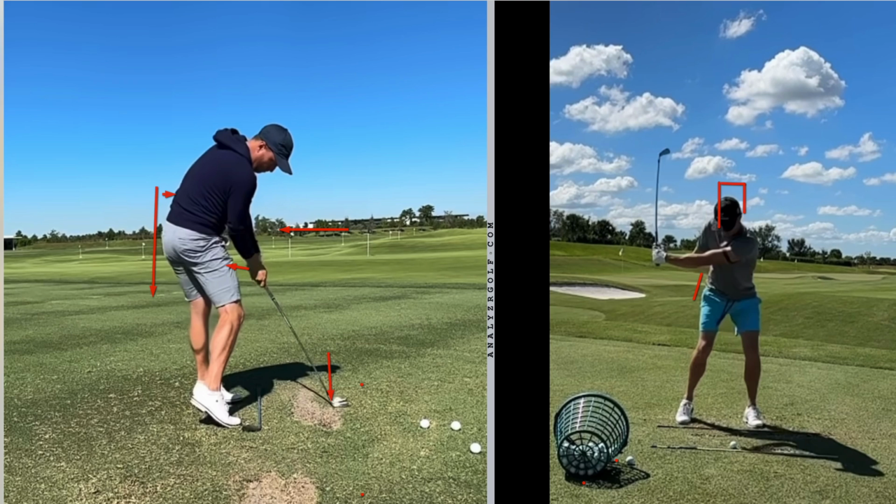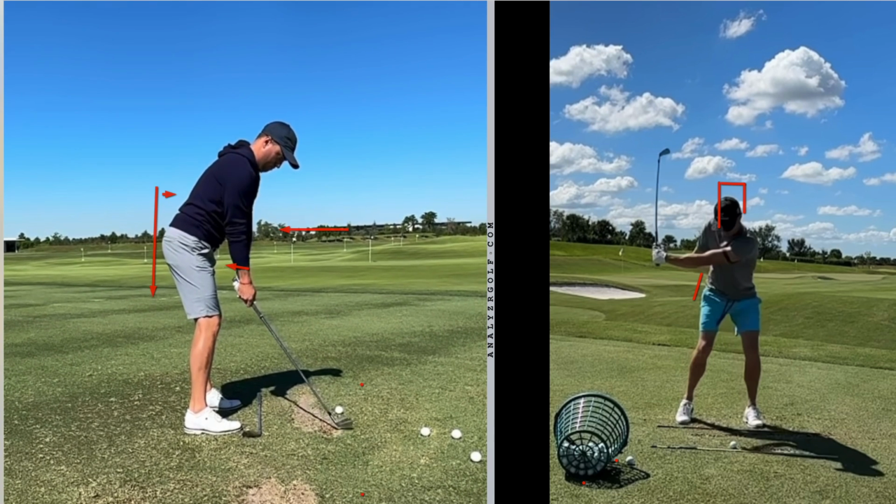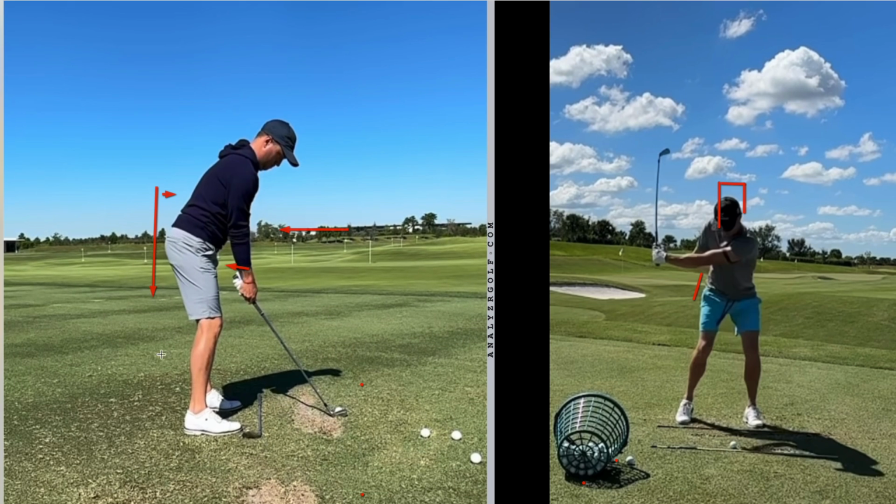hosel to the ball. I've seen Justin hit a few shanks in PGA Tour events. Famously, he hit a shank on his way to winning the PGA Championship. So it's a little bit of a contentious issue, shall we say, in golf, early extension. Do I think it causes an issue for Justin? Probably. And I think that's probably due to the way he moves, that initial portion in backswing of that head